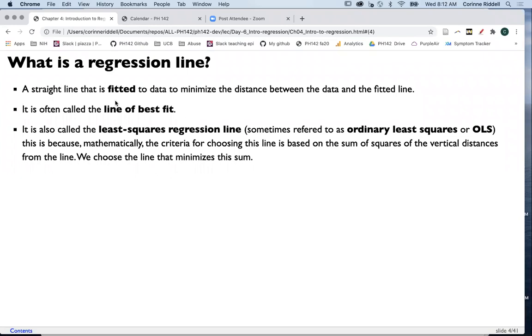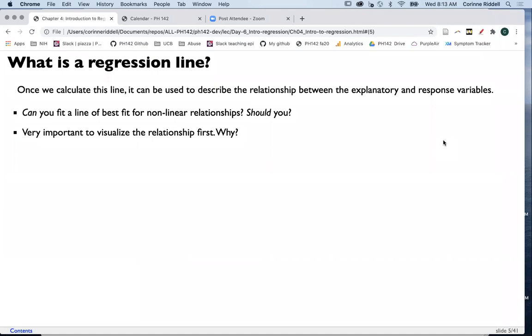Okay, so some of the key terminology that we talked about here: the line is fitted to the data, and it's called the line of best fit. And you know what these terms are for least squares, OLS. Okay, so